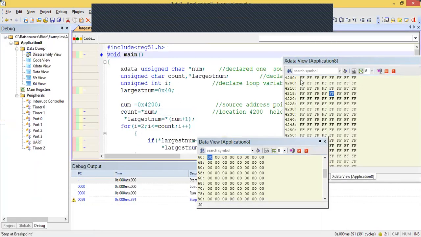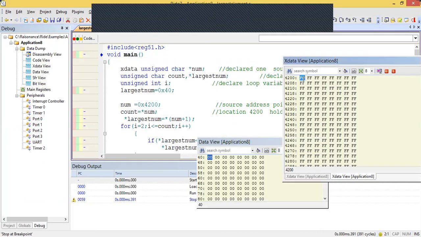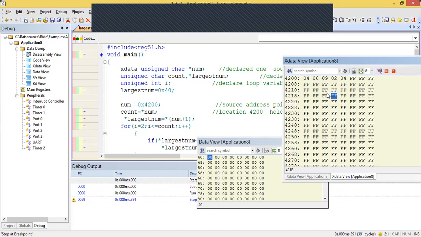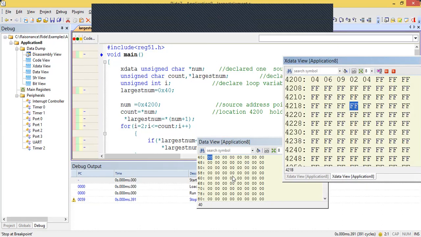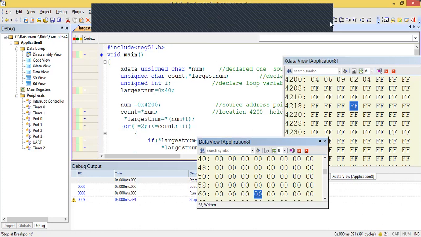In 4200, you can see that we load 4, and the values 6, 9, 2, 4. Okay, so these are the values, and we'll also need to verify the content of 40h. So we'll start the execution. You can see the first 40h is loaded with 6.